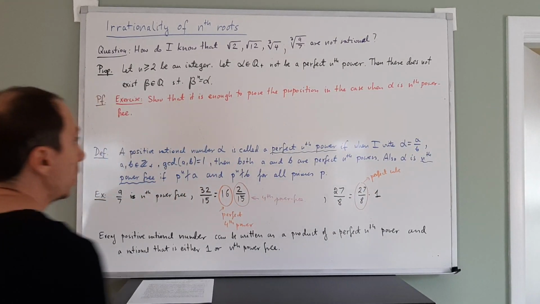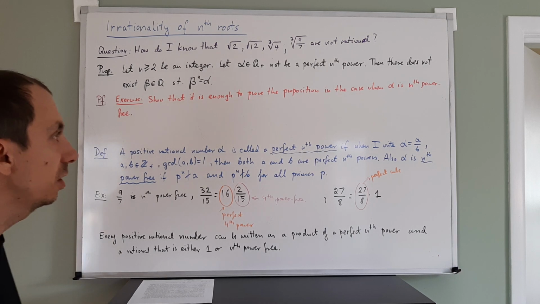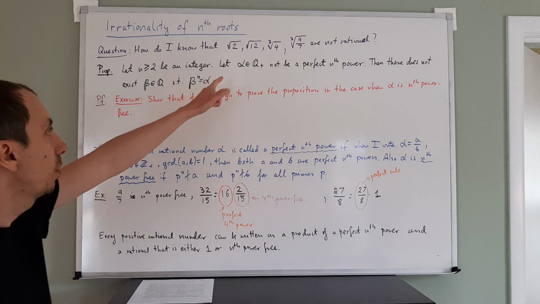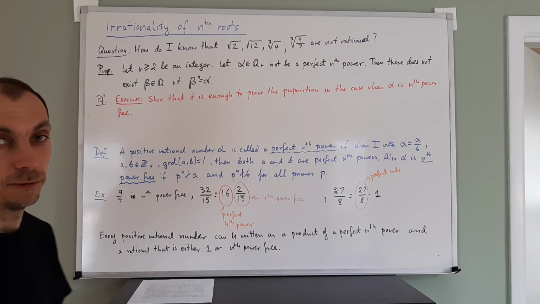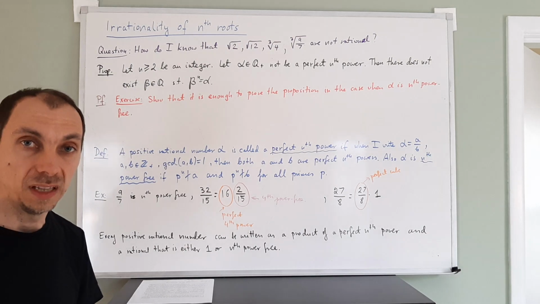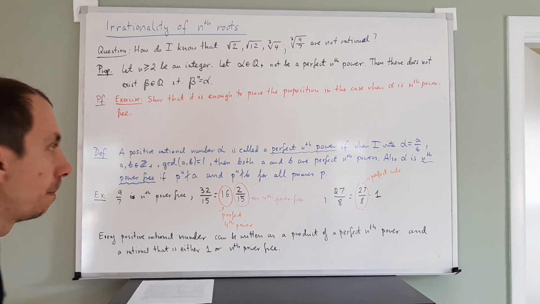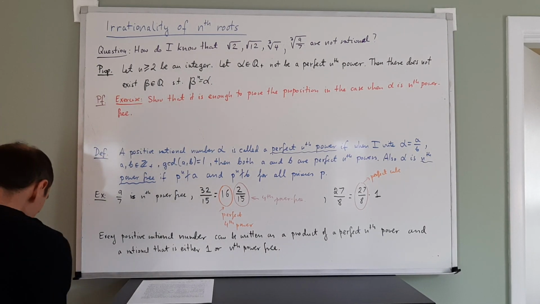What is this exercise asking you to do? Assume I know this proposition in the case when alpha is nth power free. Show then how to prove it when alpha is not a perfect nth power. Okay, so given this exercise,